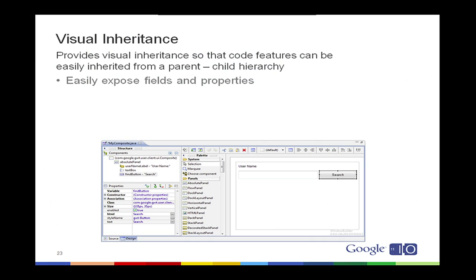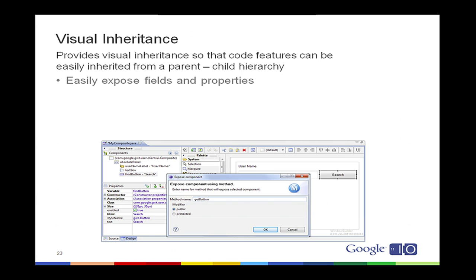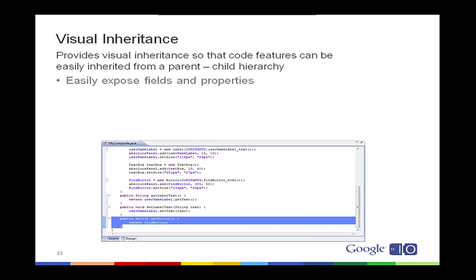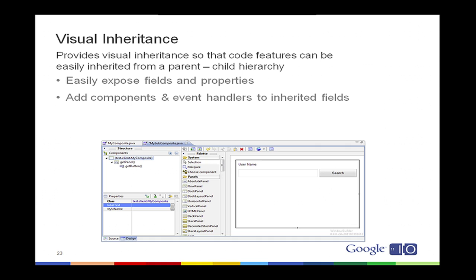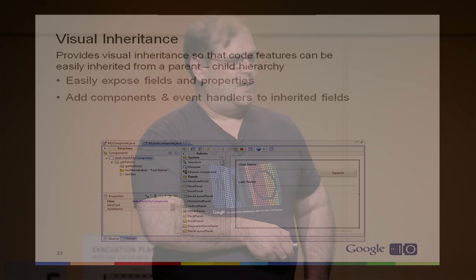And then I can also, if I want to expose an entire widget, for example, this button here, maybe I want to change its label, maybe I want to be able to add an event handler to it, I want to basically access it publicly from somewhere else. So I can right-click on the widget, select Expose Widget, it offers to create an accessor, and then generates an accessor for it. Now once you've done that, now I've got a subclass. Now the subclass automatically shows the widgets inherited from the parent, although I can't actually click on any of them except for the button. And now I can basically add additional widgets to the subclass,